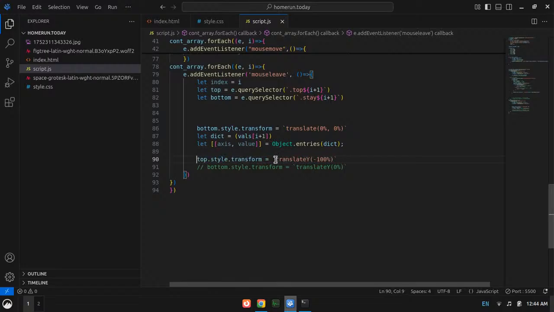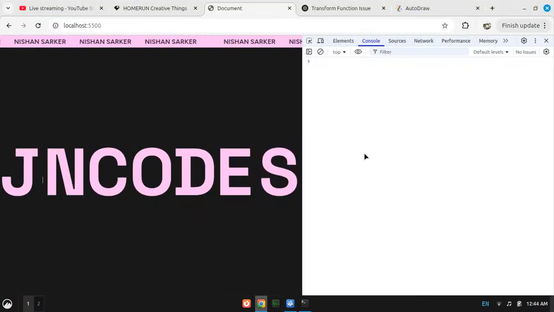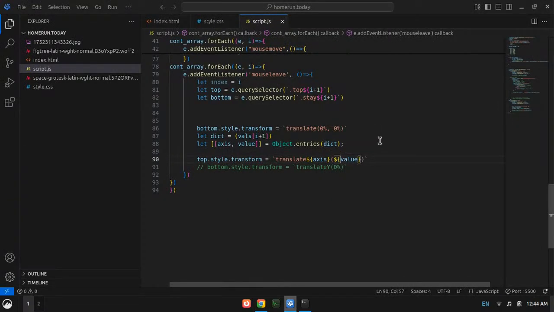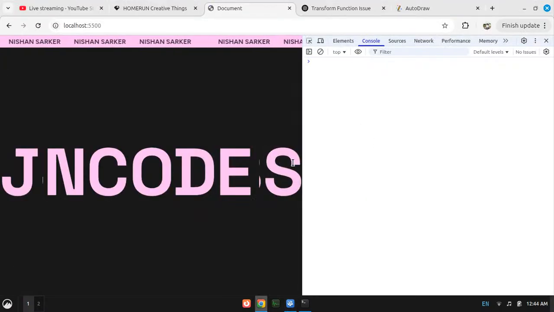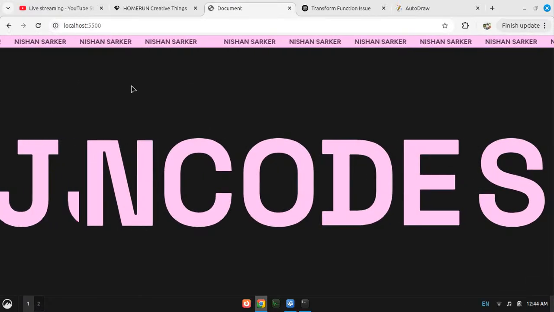Top, transform, translate, then axis, and then here I need the value, and that should be it. What? No. Okay, I need the percent as well. Okay, finally it is done, man. Finally.